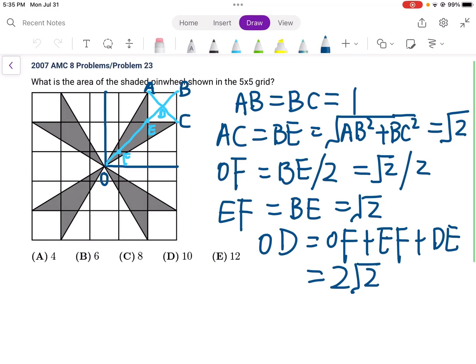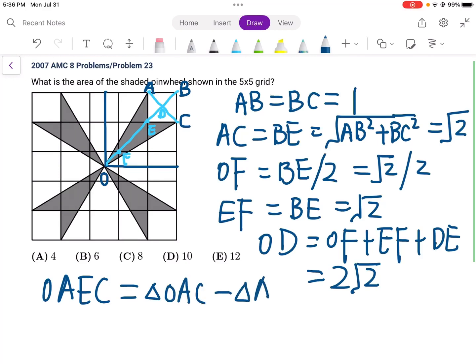So now the area of the shaded area in this section will be OAEC. It equals the triangle OAC minus triangle AEC, and that is